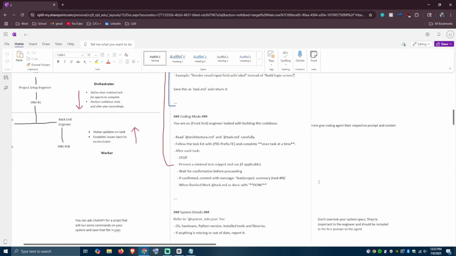As we jump down, we're essentially going to now be going into the agents, the agent prompt. As we look at the agent, we're essentially going to be giving them coding instructions on how they should operate within this code base, given the architecture and task list that our master orchestrator has given. So you are a front-end engineer tasked with building this code base,